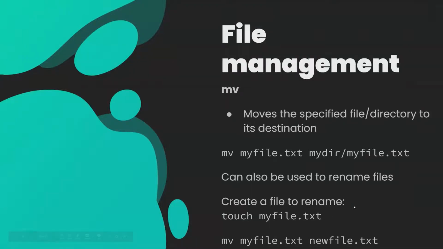And like I mentioned before, I confused cp with mv. Move is the one that actually moves files. So basically, it's like copy, but instead of copying it over, it deletes the original and just moves it to the destination that you specify. So an example of this would be mv myfile.txt mydir/myfile.txt. And that would just move it over, and it would also remove the original. Like cut, yeah, it's like cut in Windows essentially, but in the terminal environment. It can also be used to rename files.